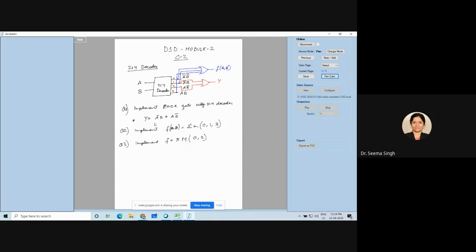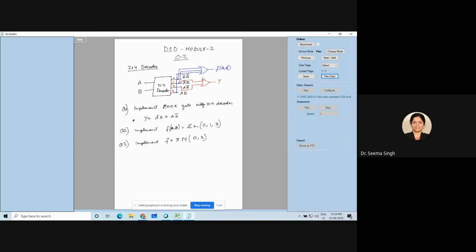Now, if you have seen the truth table of minterms, what did you see? You saw that whichever minterm, for example 0, 1, 3, whenever these minterms come into the picture, your f of AB used to be 1. Remember this? And in the case of maxterms, whenever these maxterms, 0 and 2, came, your output used to be 0. You remember this or not? In the truth table it was like this, no?